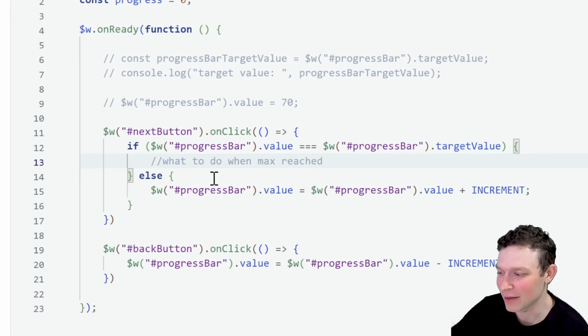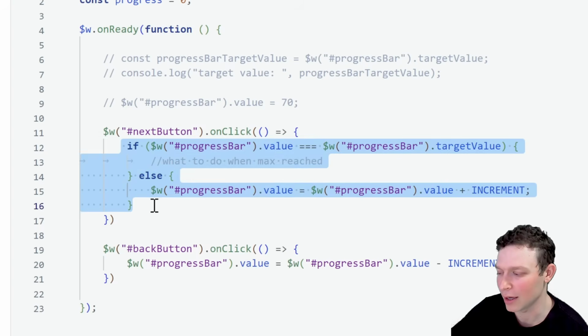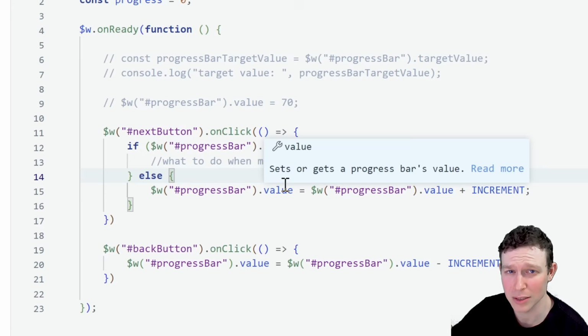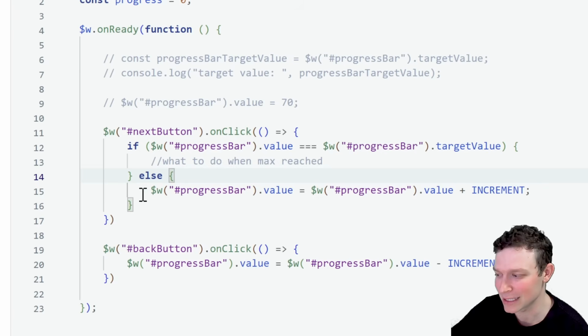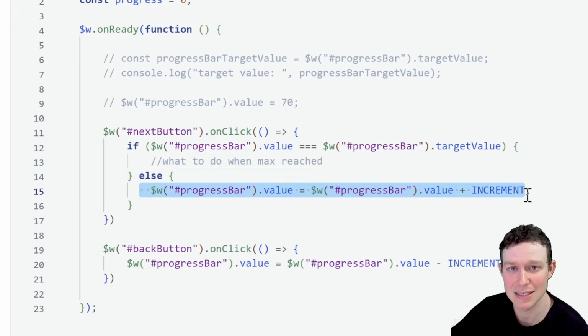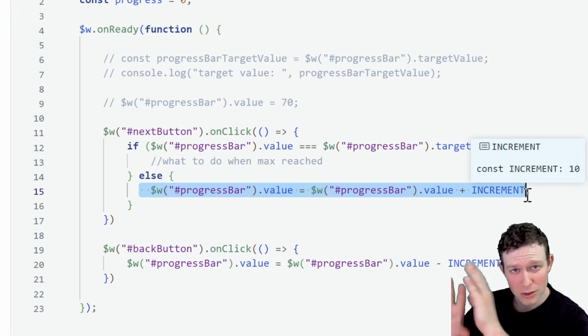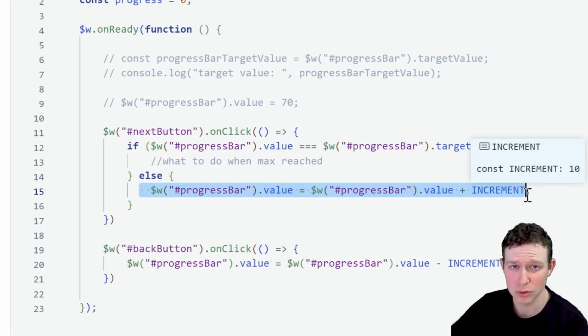That is a very simple implementation. Again, I just put in 2 buttons, so you can really do whatever you want. Whatever you want to happen when the next button is clicked, or whatever it is that you want to cause the progress bar to move forward, you would basically just need to incorporate code like this in that specific place. So now that we understand that building block for how to manipulate the progress bar,